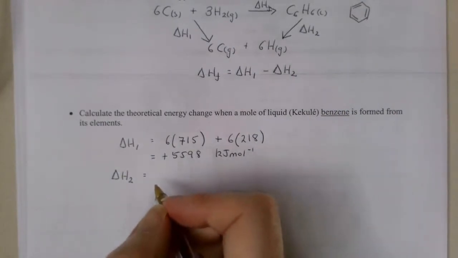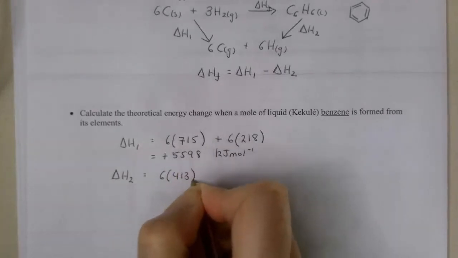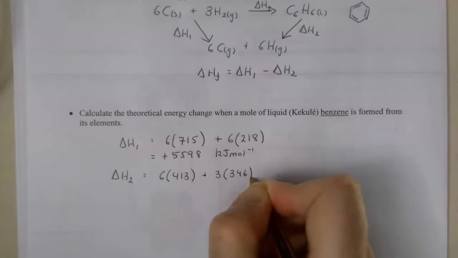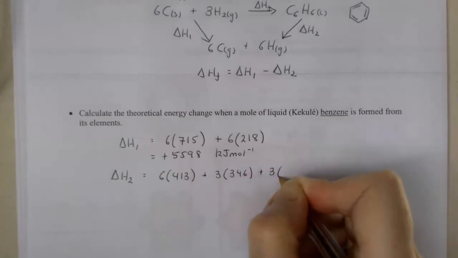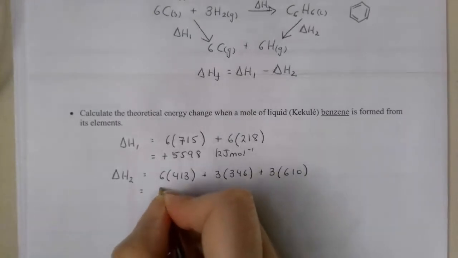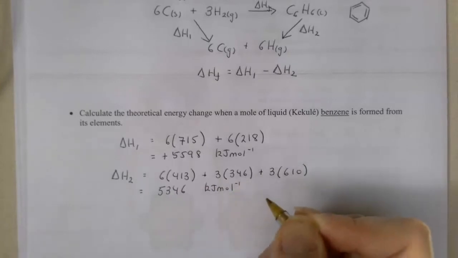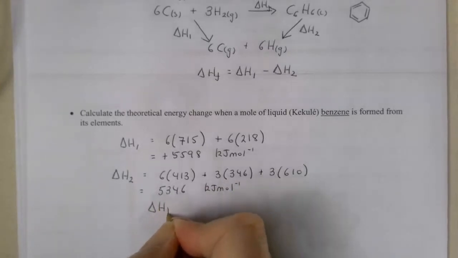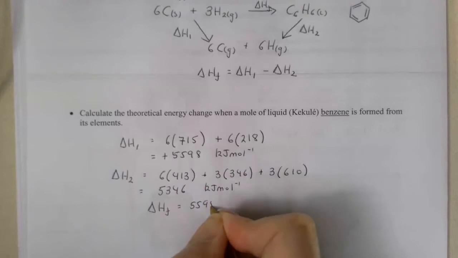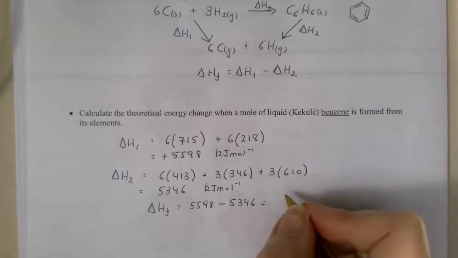If I work out now delta H2, that's this Kekule structure. Well, I've got 6 carbon-hydrogen bonds, so I've got 6 lots of 413, and then I've got 3 carbon-carbon single bonds, which is 3 lots of 346, and 3 carbon-carbon double bonds, 3 lots of 610. And again, I'm going to add all of those together, and I get 5346 kilojoules per mole. Now my delta H of formation is delta H1 take away delta H2. So I get 5598 take away 5346, and if I put all that into my calculator I get plus